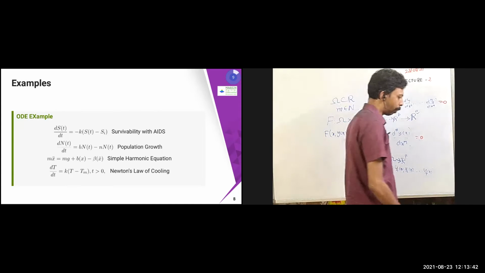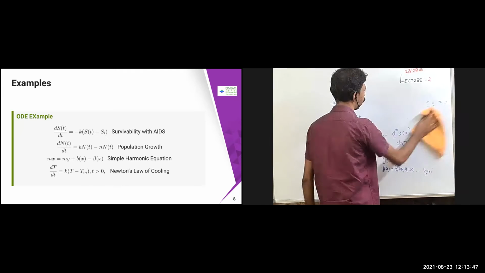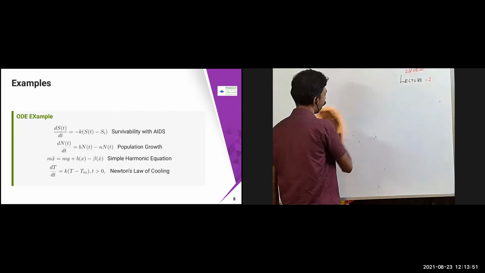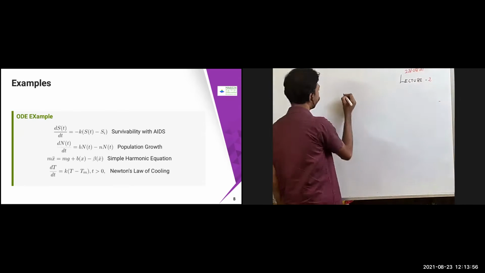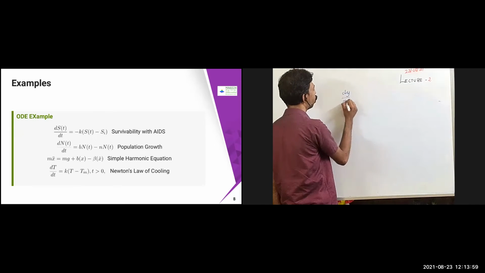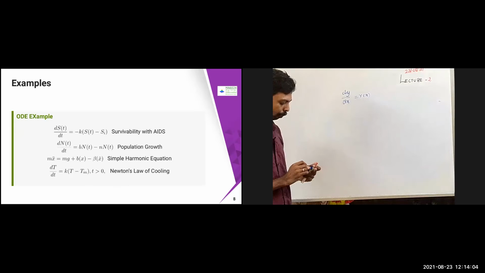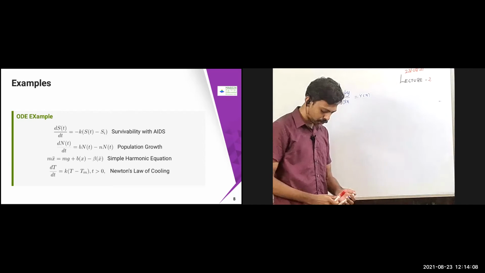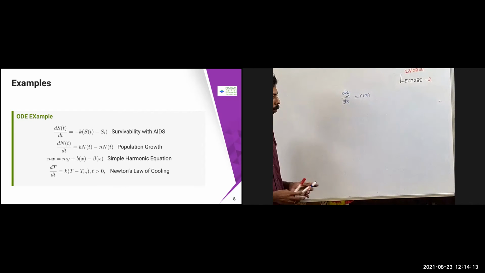Now, how do we solve this problem? Suppose I have been given an ODE problem. How are you going to solve that? Let us test your ODE knowledge and analysis knowledge. Suppose I have a problem, dy/dx = r(x). This is a general problem I have given. What conditions will you impose and then solve this problem? Simple problem: dy/dx = r(x) is given. How do you solve this problem?